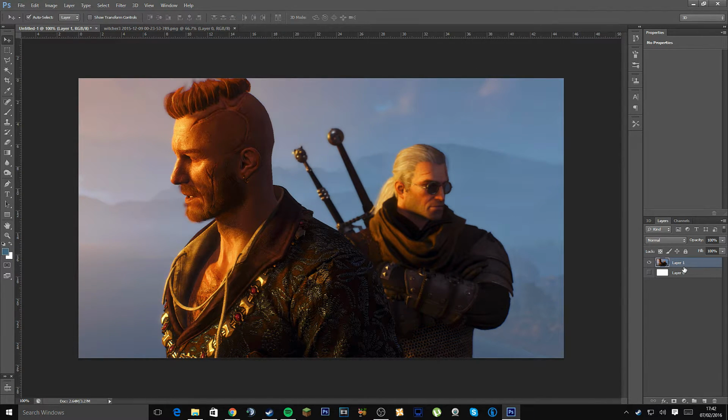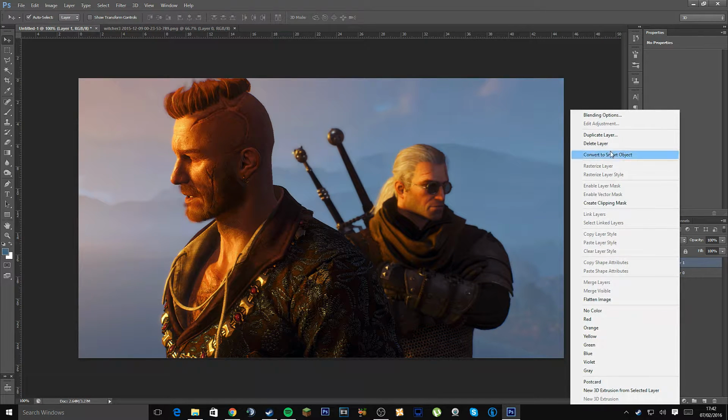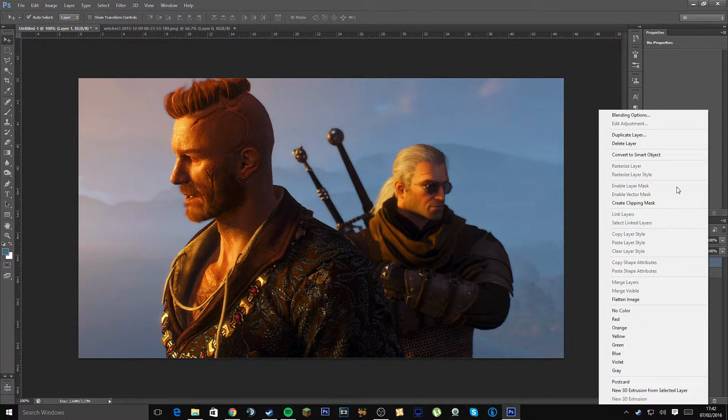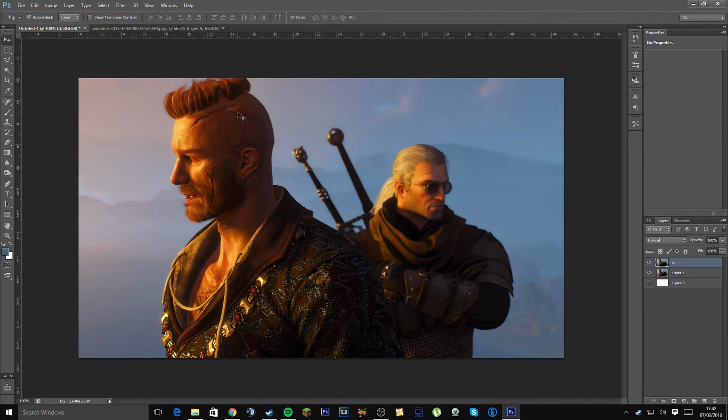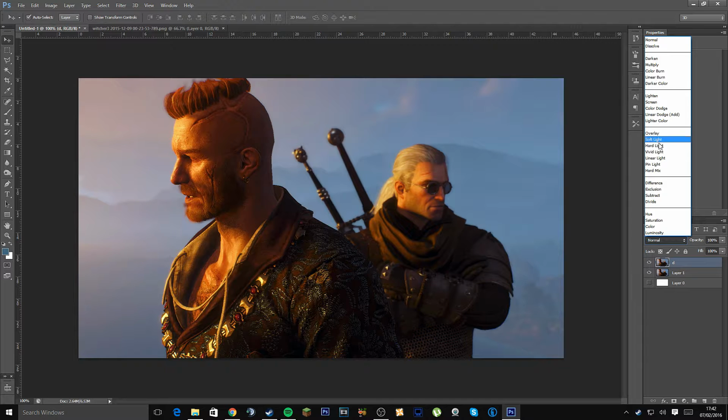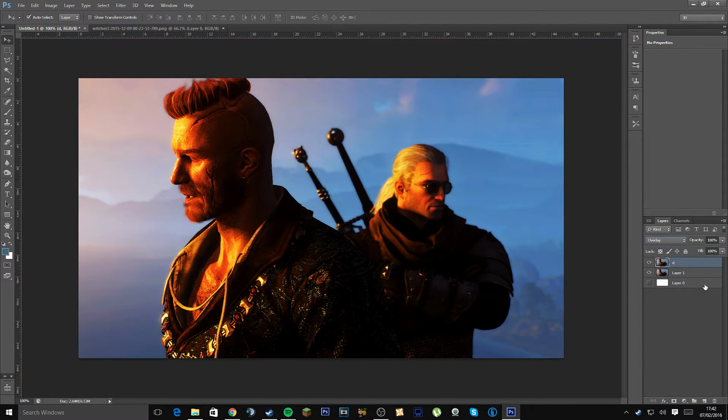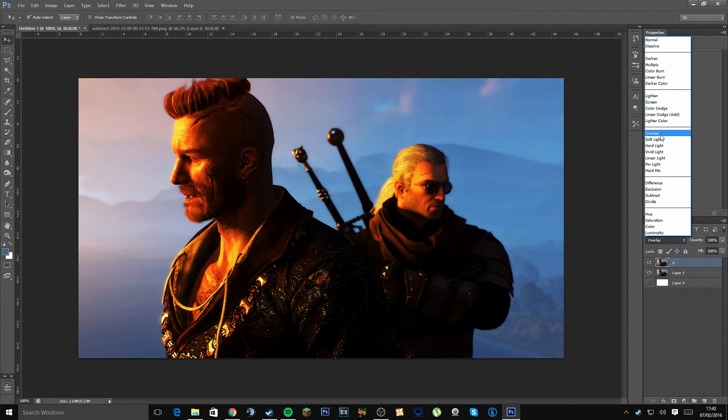Now another way to sharpen images is to duplicate. So we're going to right click on our original image and duplicate layer, and we're just going to name it whatever. I'm going to call it D so we know it's not the original image. So what we're going to do is put this at overlay, or I think it's overlay. So you're going to stick this on the overlay option here,